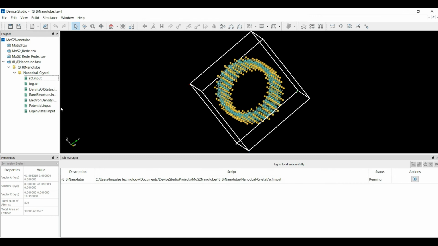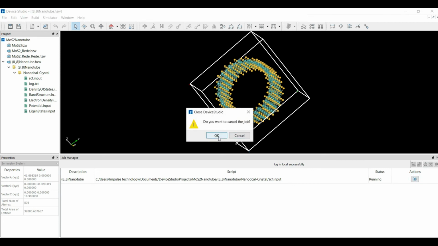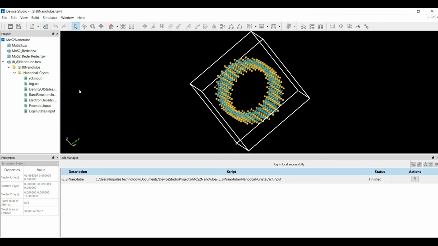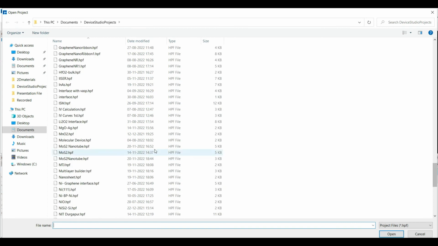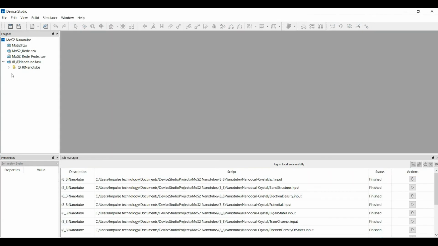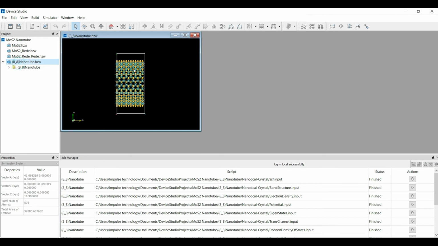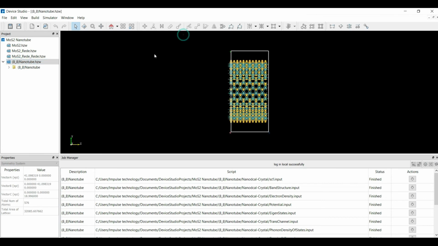Since the calculation will take some time, I have created this project earlier. So first I need to delete this job and open my existing project that I have created earlier. So this is my project that I have created earlier. I would like to click on Open. So this is the project. This is the same project that I have created,